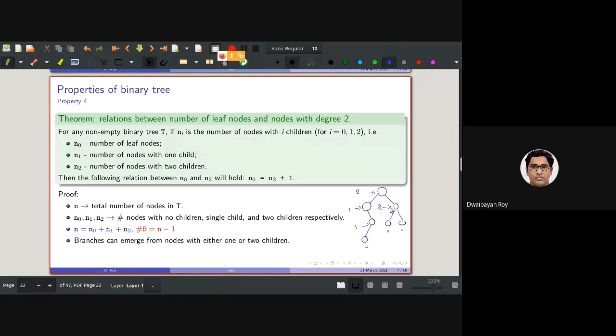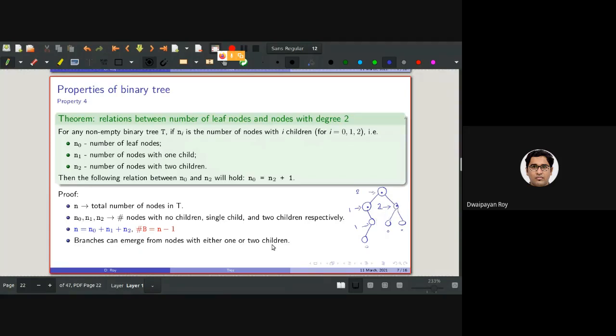This is the problem with focusing on this screen for so long. So altogether 2 plus 2 plus 1 plus 1, basically 6 branches or 6 edges are there in this tree, isn't it? Okay. So as you can see, the point in making this tree is to make you understand that these branches or edges will only start from the nodes having either one child, for example this or this, or having two children, for example, this or this.